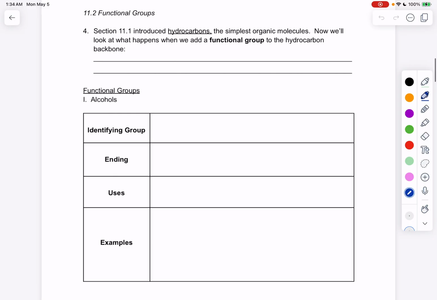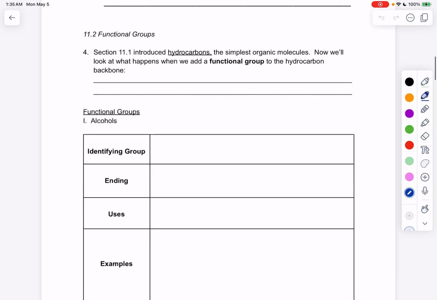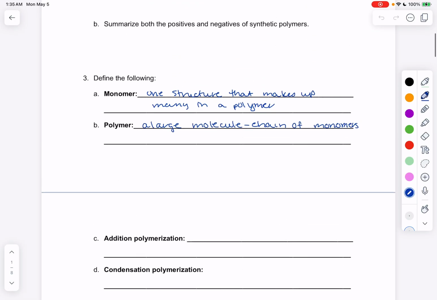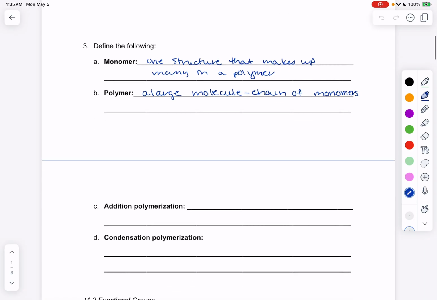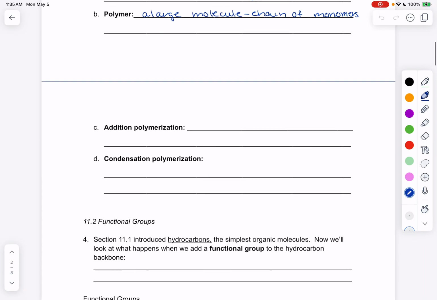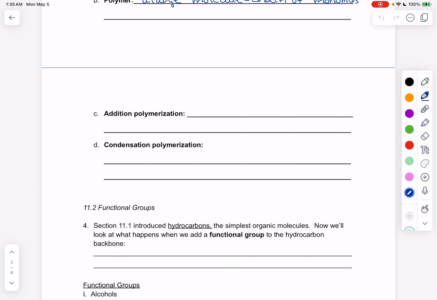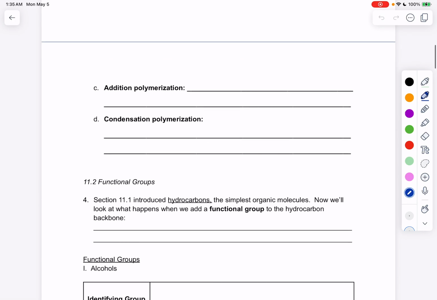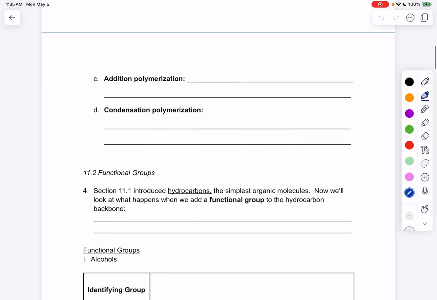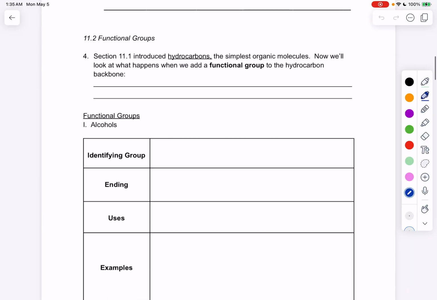Everyone, sorry I'm not able to be here today, but we're going to go through a little bit more of naming some different hydrocarbons like we have done before. So I want you to pull your notes up for this next section. We filled in everything about a monomer and a polymer. We're going to come back to addition polymerization and condensation polymerization later. But today, what I want to get through is